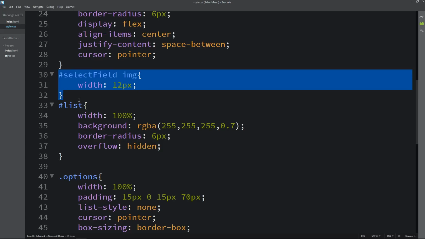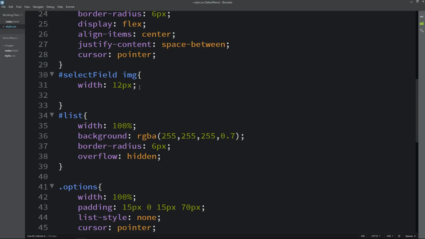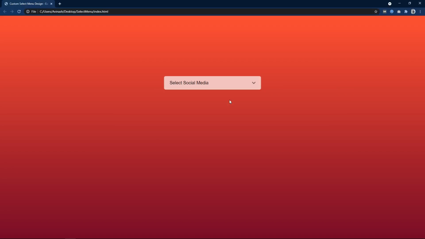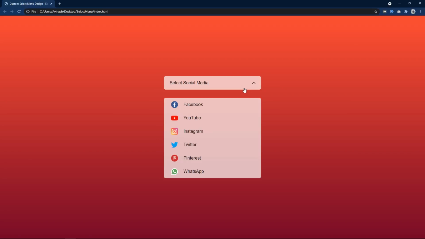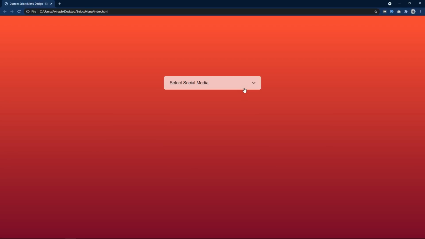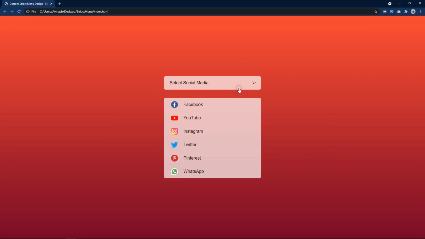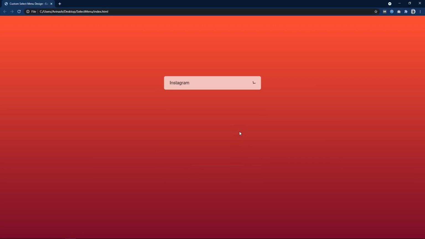In this img let's add the transition transform 0.5 seconds. So it will take 0.5 seconds to rotate this icon. So let's refresh the website again and if I click here you can see this icon is rotating very smoothly. So this icon is working fine and let's click here and select any option. In this case also the icon is rotating.